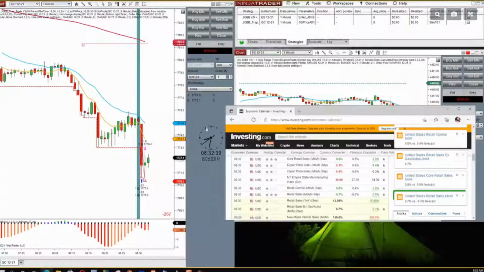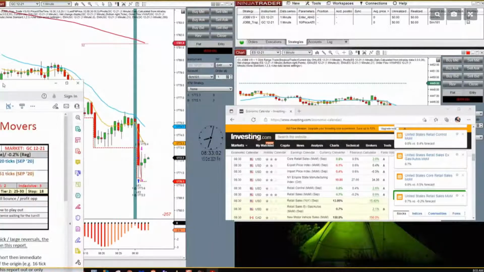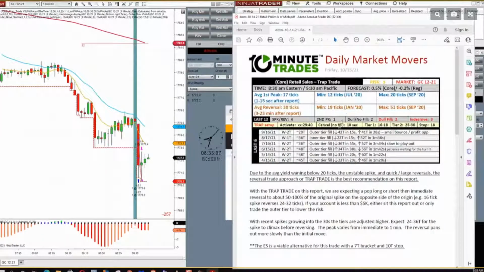So what an irony, right? Retail has not been a breakout trade for 6 months. Honest, 6 months. 6 months we've been trading retail as a trap trade. The proof of it is if you look at the DMM, the daily trade report, we don't even have a setup anymore for a breakout on retail.